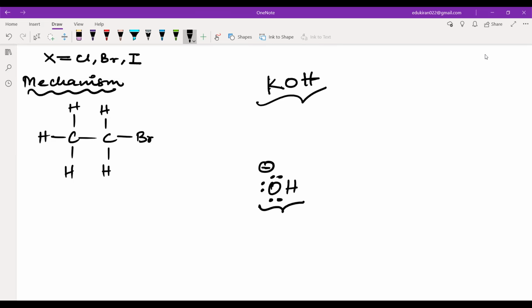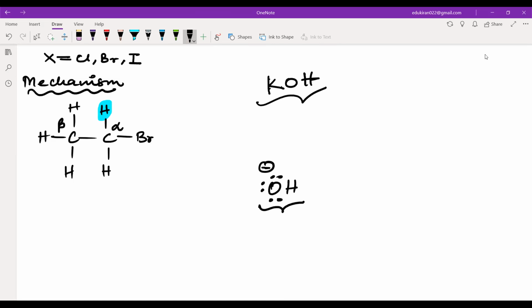Proton kahan hai? So you have proton where? You have proton in the organic molecule. I can say there are two types of proton. There is a proton which is, I will say it is alpha proton, right? Because this carbon is alpha carbon, which is directly attached to a heteroatom, that is Br, and this carbon will be a beta carbon.